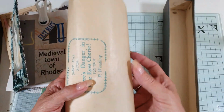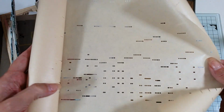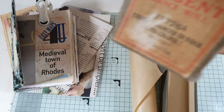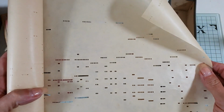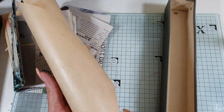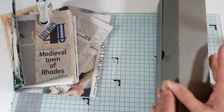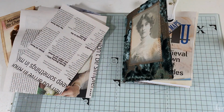For those of you that have not seen them, they're vintage rolls that used to play songs, and each one is a song. This one is There's Danger in Your Eyes, Cherie, and I believe it's from around 1930. So this is the paper roll, but I didn't have a clue what to do with it. So it sat in the box, and I thought the time will come and I will find something to do with it. Well, Christine messaged me over the weekend